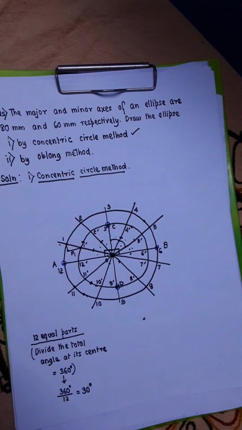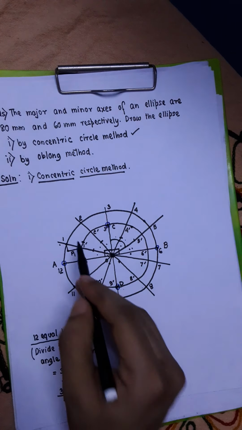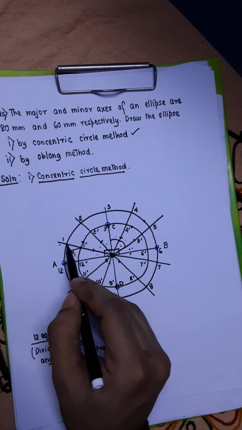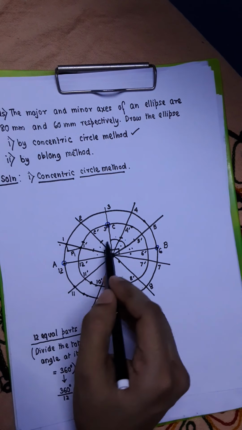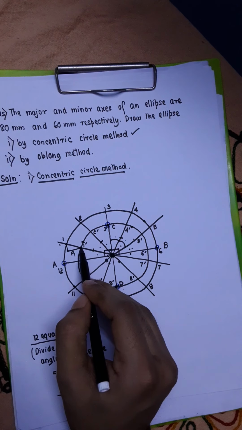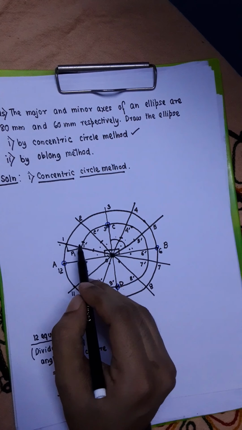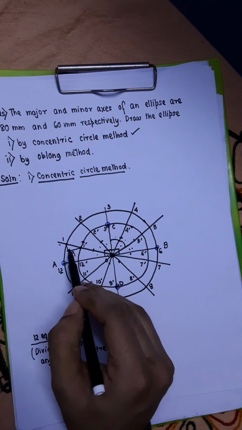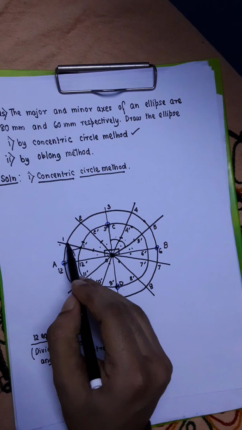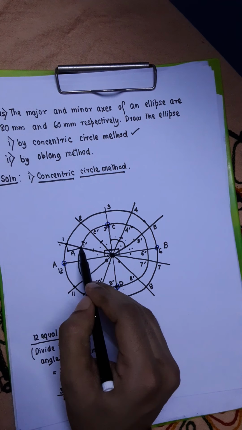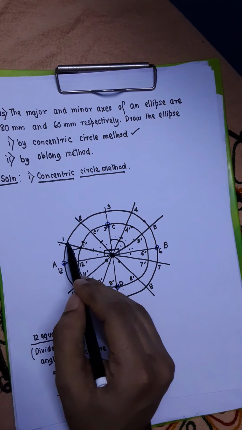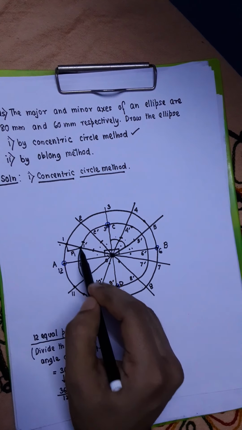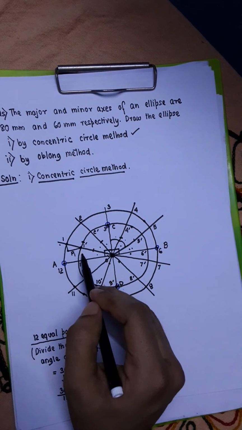Okay. Now, one thing you should note here: from point 1 we have drawn a vertical line, that is a line parallel to the minor axis, and from the point 1 dashed we have drawn a horizontal line, that is a line parallel to the major axis. So you have to remember one thing, that these two lines should not change their nature. By mistake you should not draw a line from 1 which is horizontal, and from 1 dashed you should not draw a line which is vertical, because from 1 dashed if you draw a line which is vertical, it will go like this. I am not drawing it because this diagram will become very clumsy.